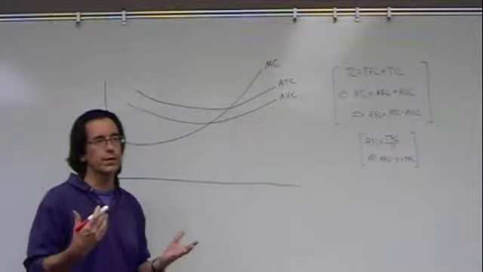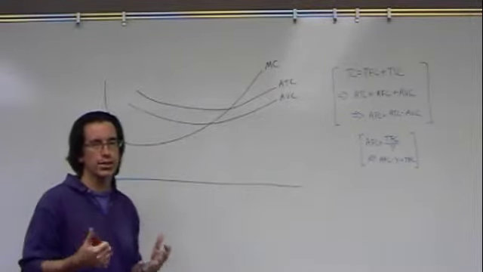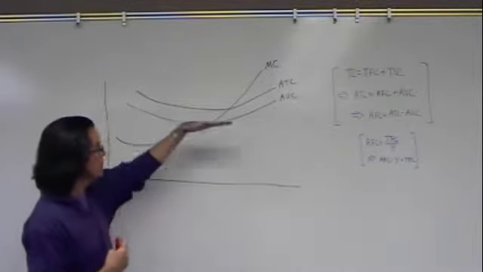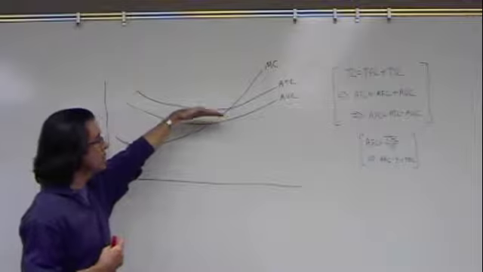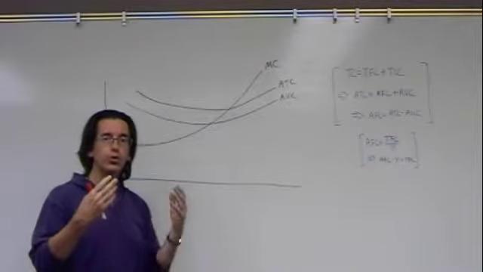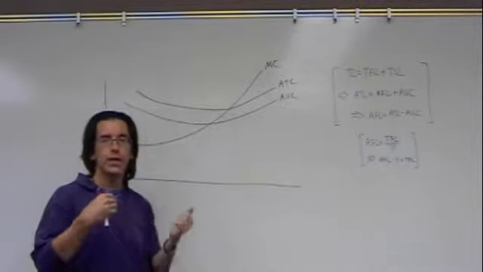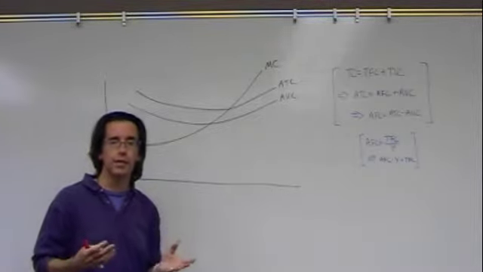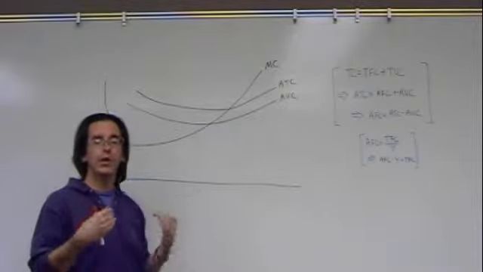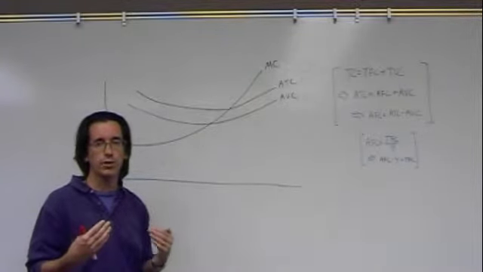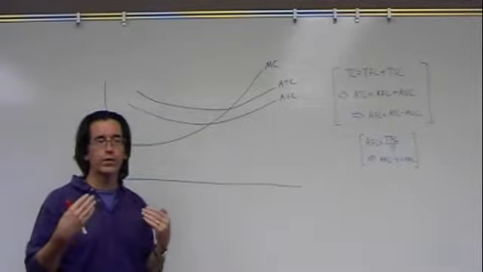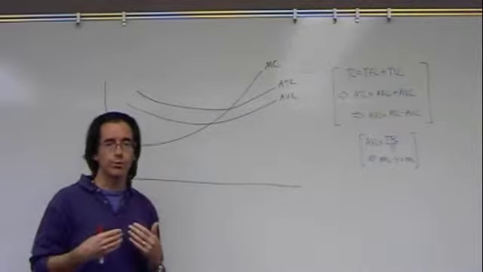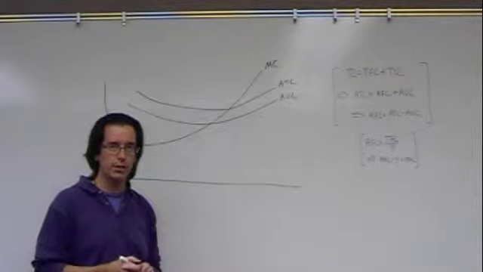So one of the ideas underlying the shutdown price is that at some point, when the price is below the break-even price, you lose less money by producing than not producing. And remember, the money you lose by not producing is equal to the total fixed cost. But then you get to a price that's low enough that you actually lose less money by not producing. You're better off not producing. So that's the idea of the shutdown price.